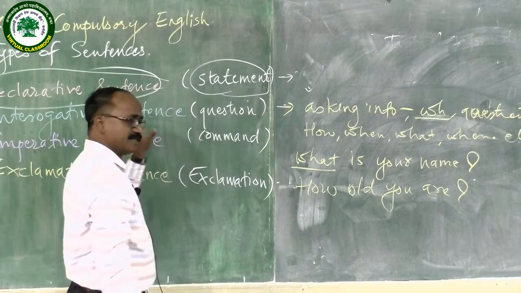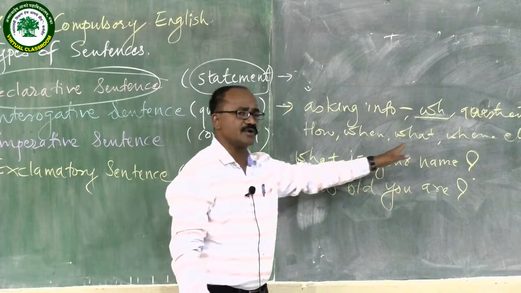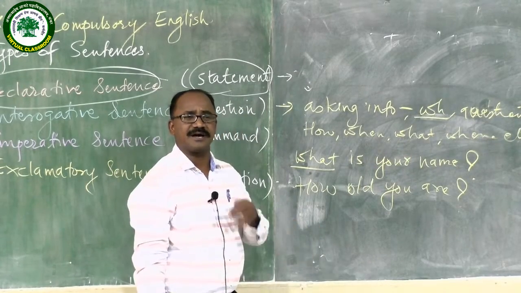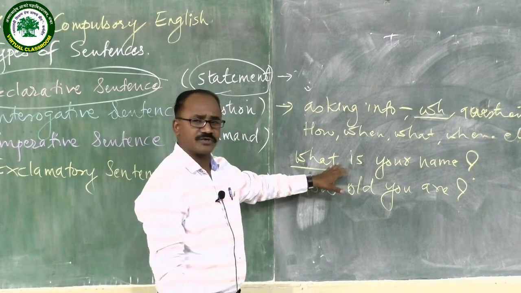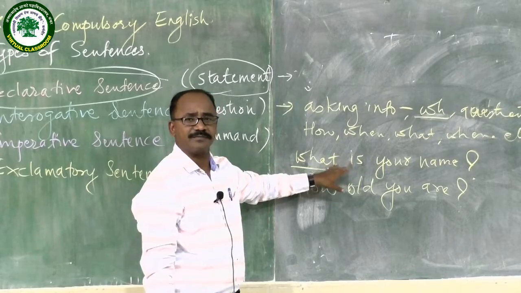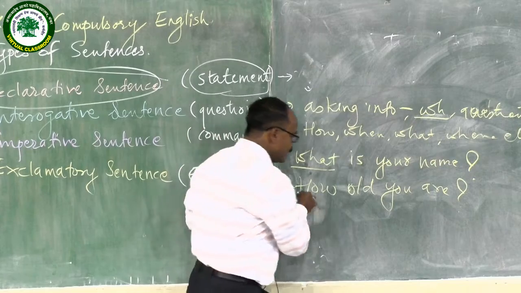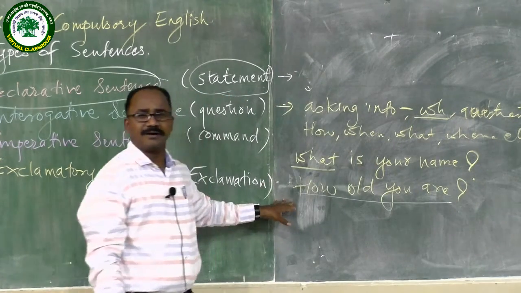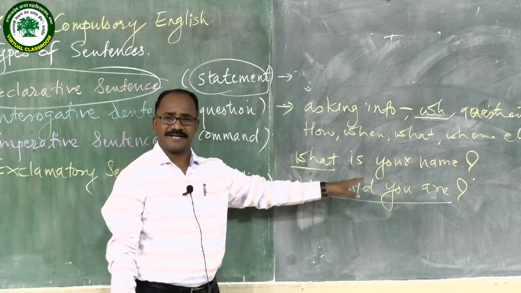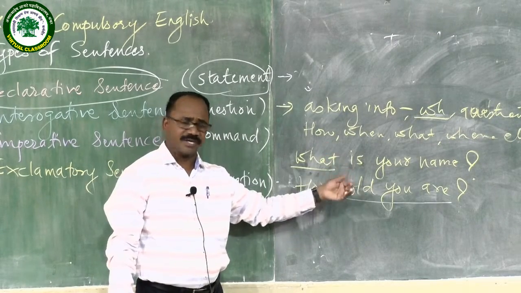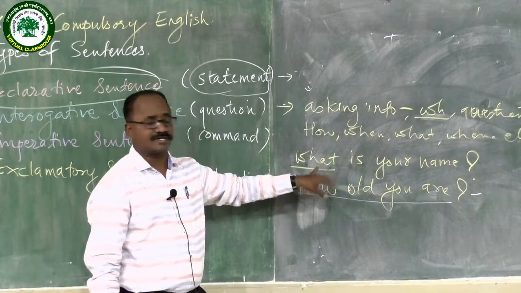So interrogative sentences generally use direct questions. For example, what is your name? This is a question where the speaker is asking for information from the listener. So the speaker is asking a question here, and that is why this type of sentence is an interrogative statement. Another is, how old are you? Here the speaker is expecting the age of the listener, and that is why he is asking the question. So in this way, this is a kind of direct question, and this is an example of